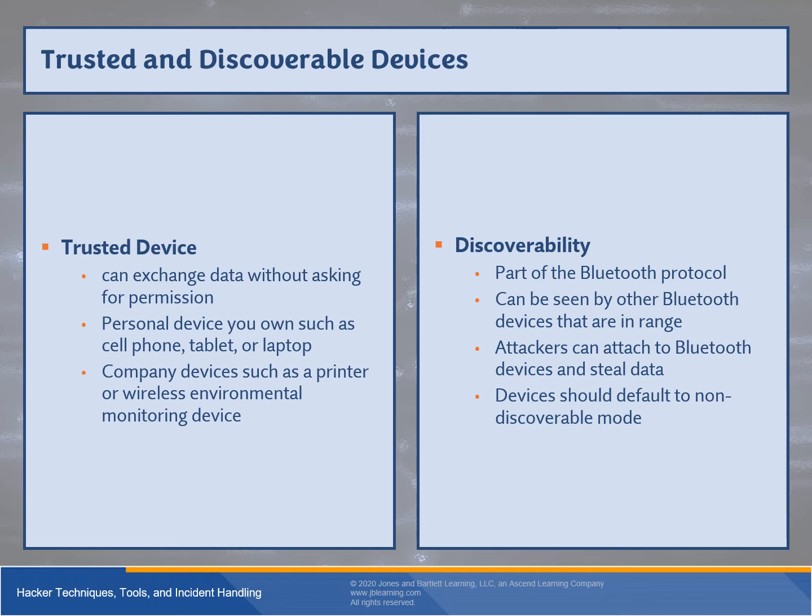So one of the things we want to be aware of is a trusted device. A trusted device can exchange data without asking for permission. So that means that, say, connecting to my Bluetooth headset, I can give it the okay to just continue sending, where I don't have to keep giving it the okay. A personal device like your phone or laptop or tablet, that's a trusted device